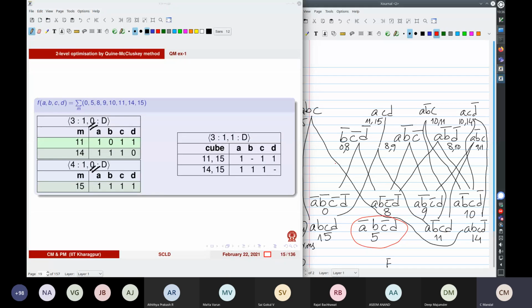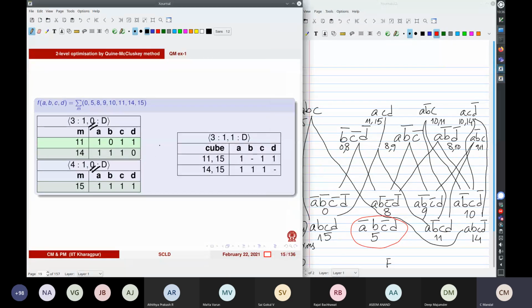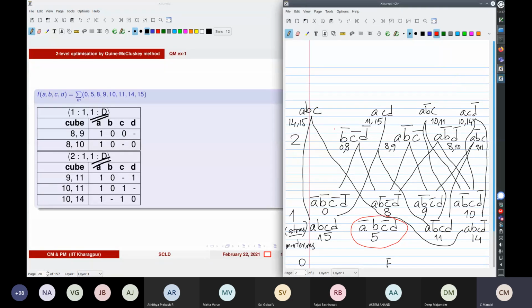In level 1, you had 0 number of don't cares. In level 2, you'll have cubes with 1 number of don't cares. All right. So these are all cubes with 1 don't care position. All right. So now you are combining cubes having one number of don't care,